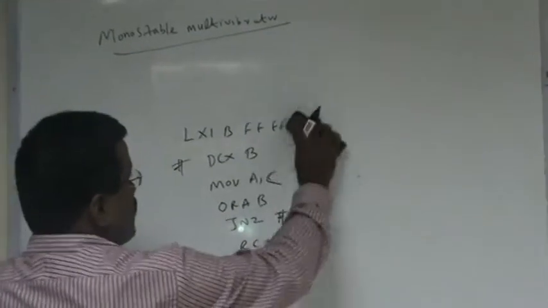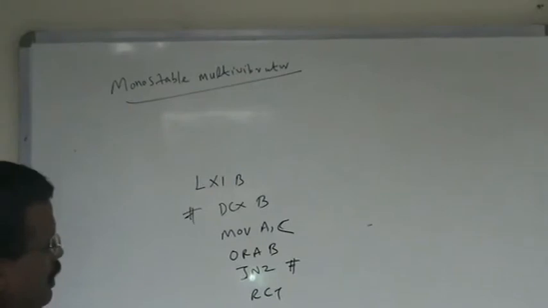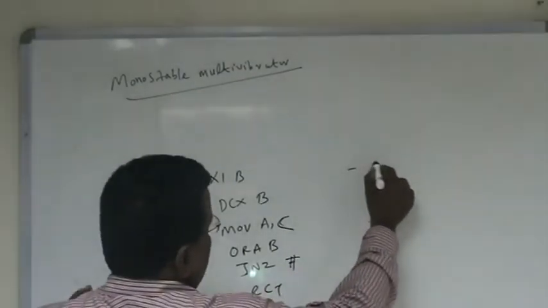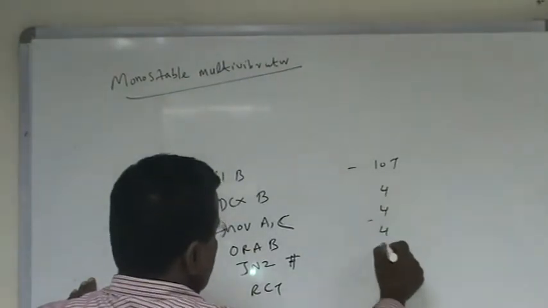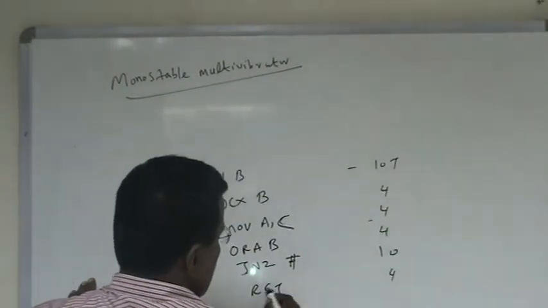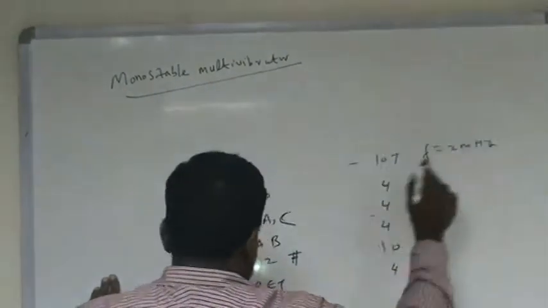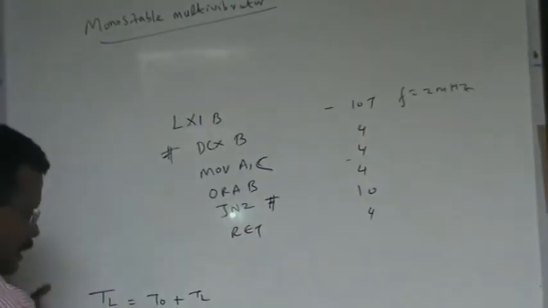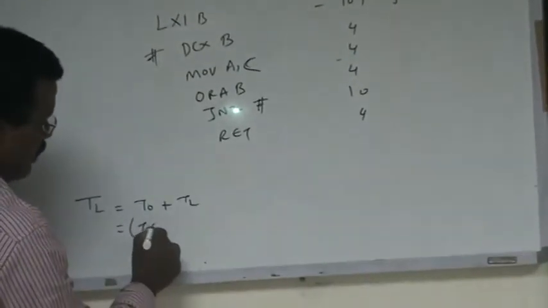Before this, I am not supposed to load the value. You write this code and you know the T states for this: 10 T states, 4, 4, 4, 10 and 4. Suppose they give the frequency as 2 megahertz, you compute everything, T0, the number of T states outside the loop,